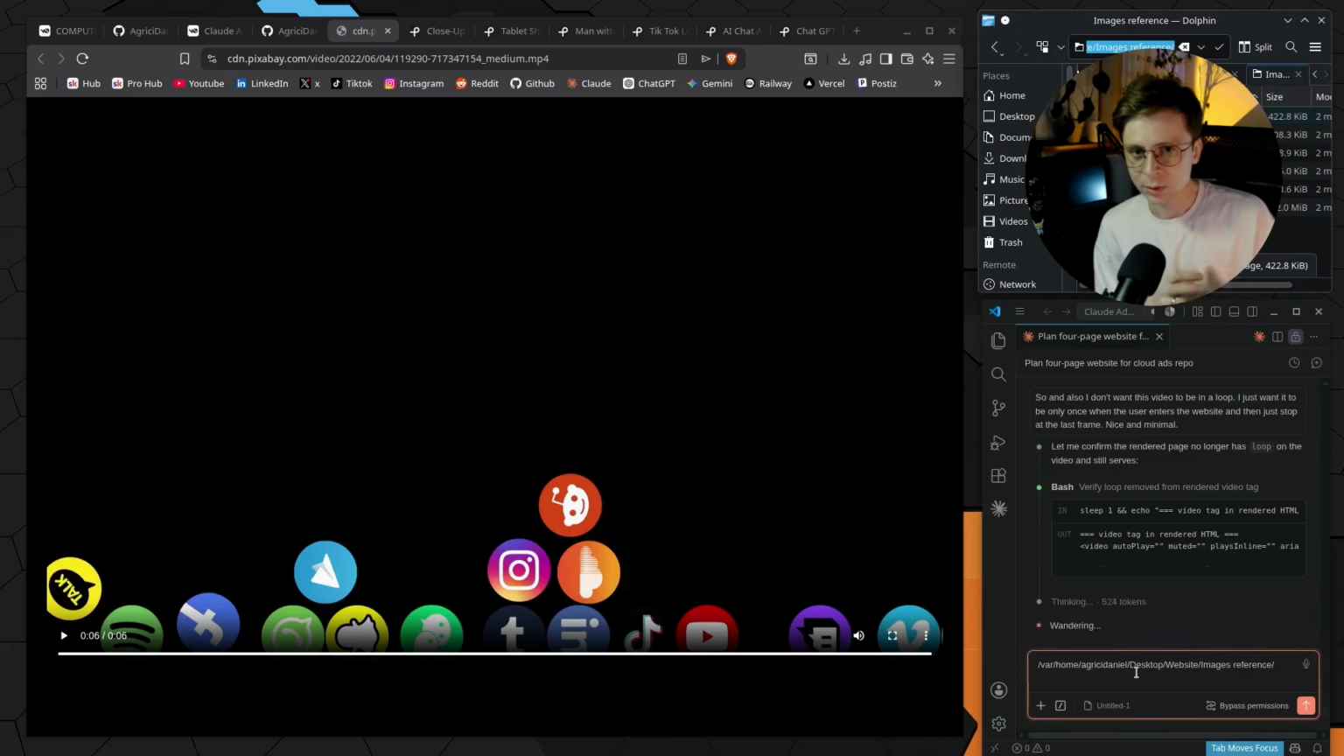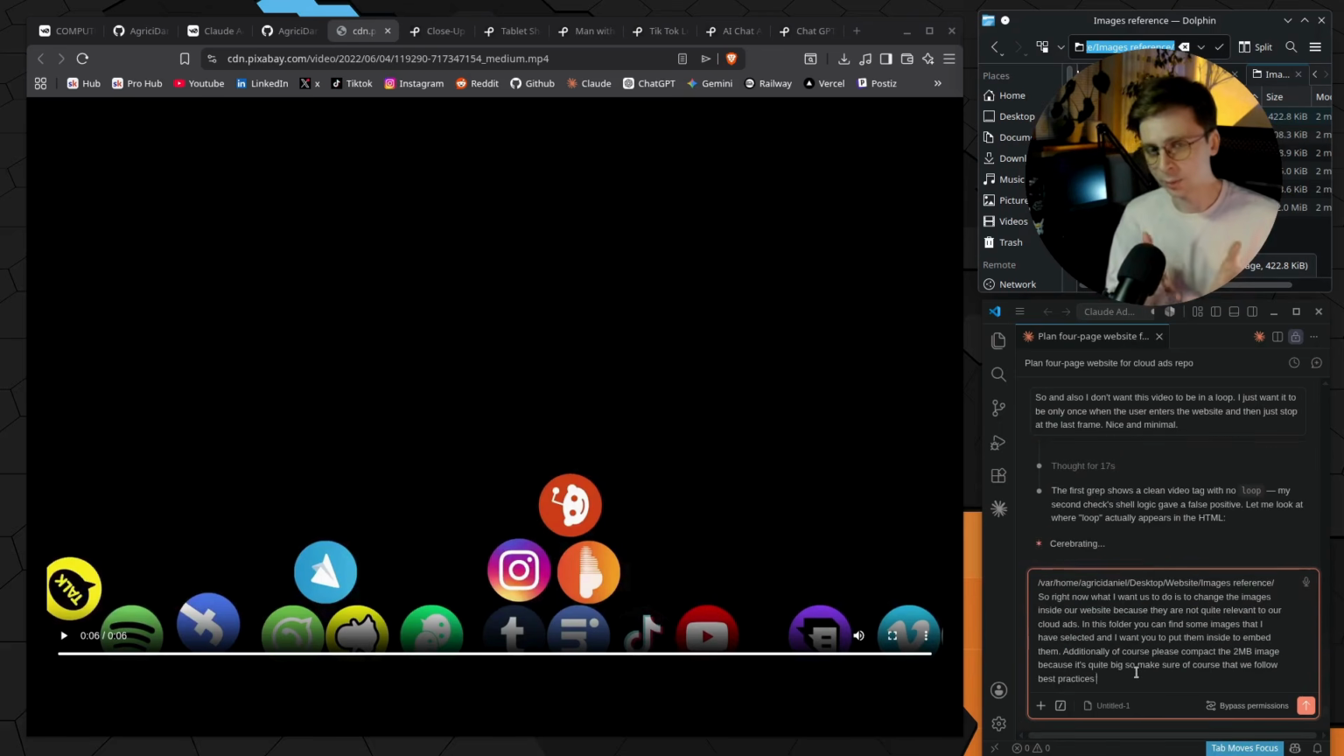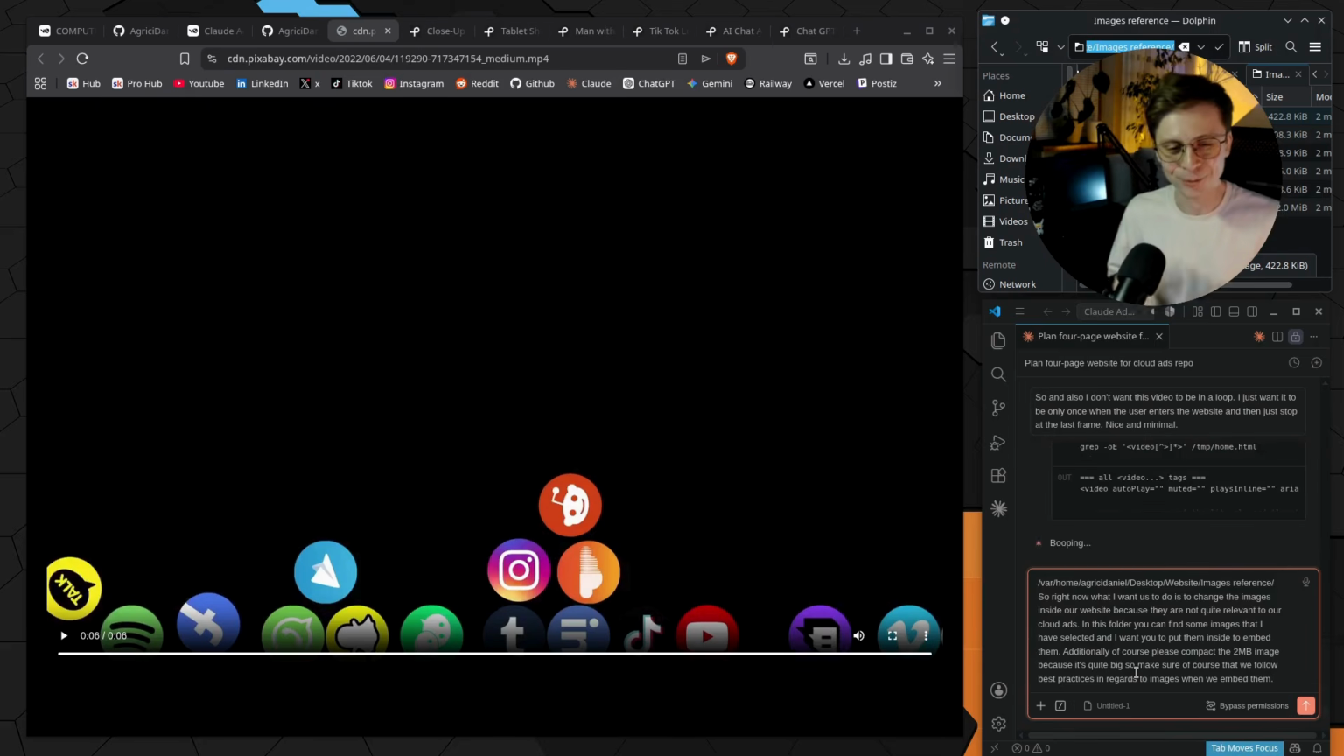Additionally, of course, please compact the 2 megabyte image, because it's quite big. So make sure, of course, that we follow best practices in regards to images when we embed them. Yep. So once again, this is another prompt that is being sent to Claude just to apply best practices in